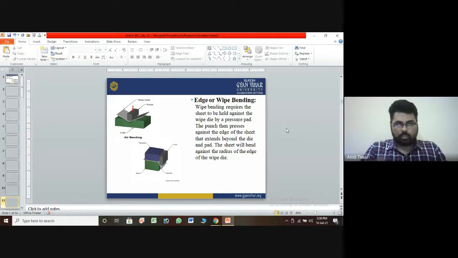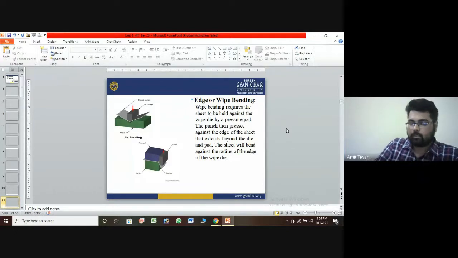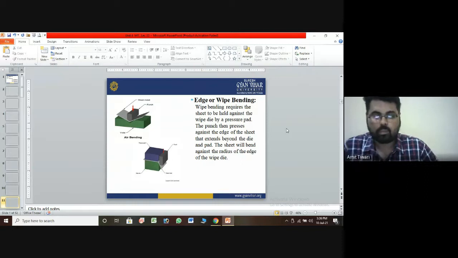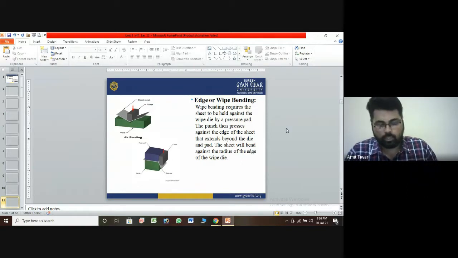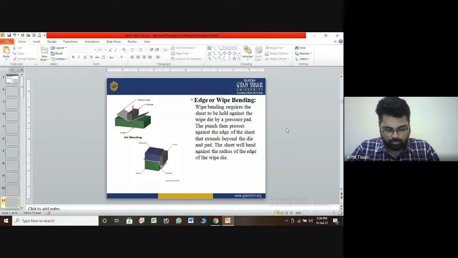And you can put the punch on the surface where you want to bend, or on such an area, and you can press the punch with high pressure until the sheet is permanently deformed. This type of technique is adopted for corner joints or edge joints, which we require for joining or bending. Such operations are performed very easily and fast on these materials.